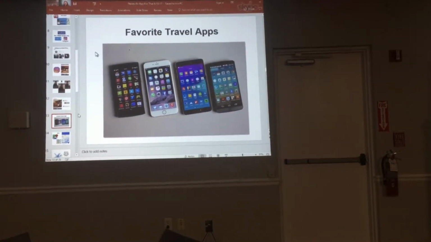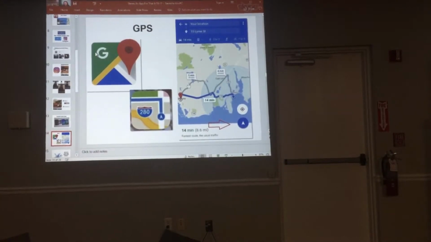So let's talk about travel apps, because I think those are super practical and super helpful. On your phone, you already have a GPS installed. If it's a Google device, you're going to have the G map, the map in the top left there that has the G on it.